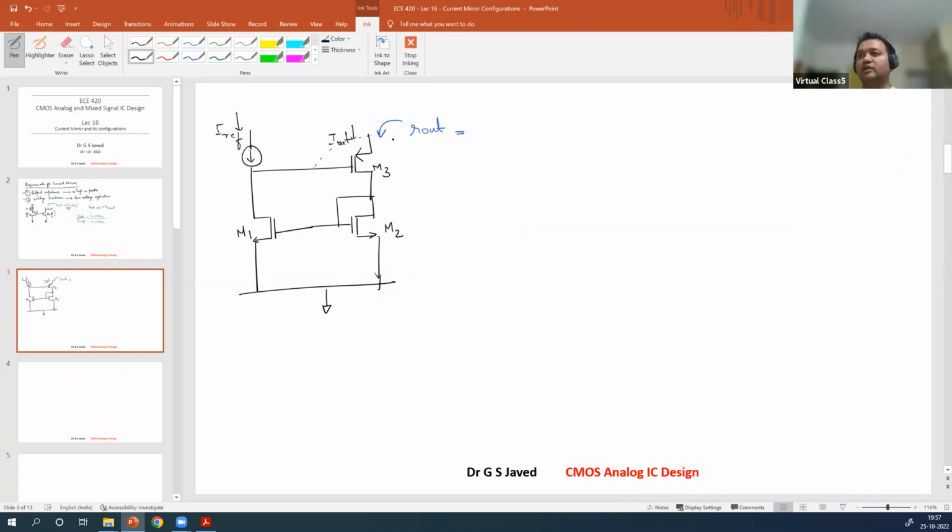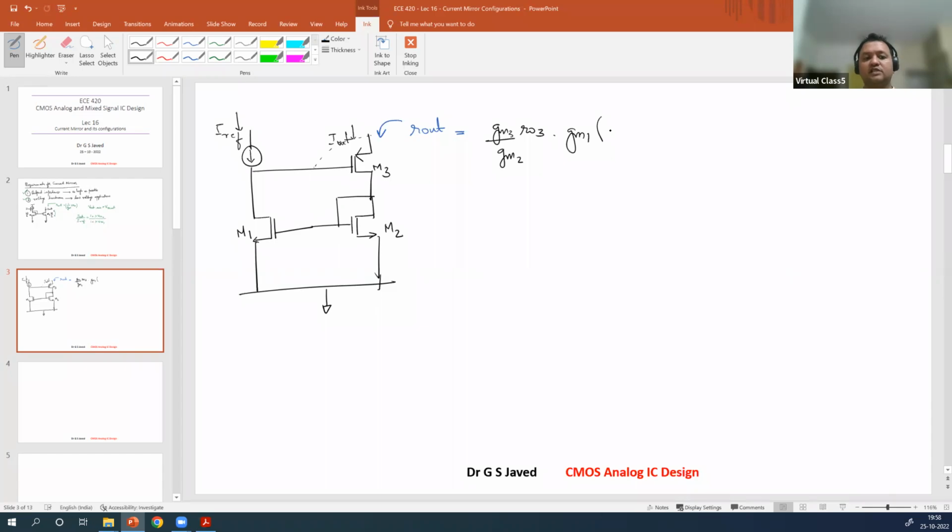So we know this is a cascode device. So what is the gain of the cascode? The ratio of these two gms. That would be gm3 by gm2 multiplied by ro3, right? Now gm2 is supposed to be here times gm3 ro3, gain of this device. Then what is the gain of this resistor? Because this is reflective, right? This is a current mirror. So it will be gm1 times,